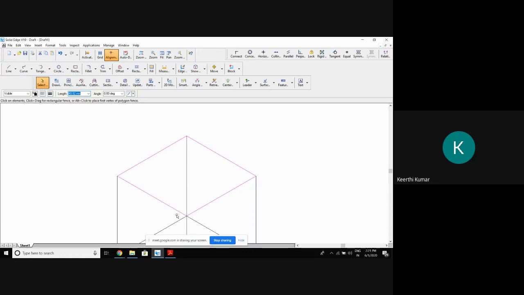Inside the top surface, whatever is there, you rub. So I'm having this line, I'll rub this. See now, I'll be having only the top surface, plain top surface. In between the top surface, the square, nothing should be there. You try to rub that vertical line what you have drawn earlier. So I told you to draw with a thin line. The line should be very, very thin. You draw with a thin line so that it will be easy for you to rub this line. Did you do it?